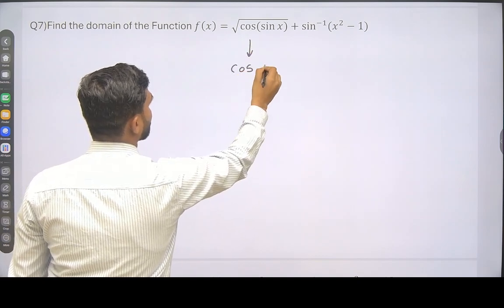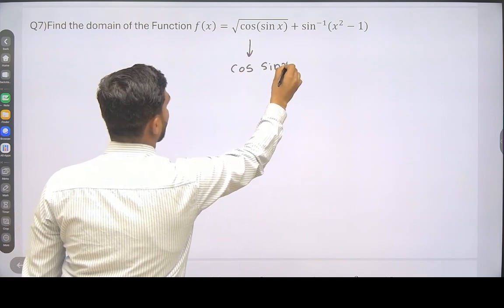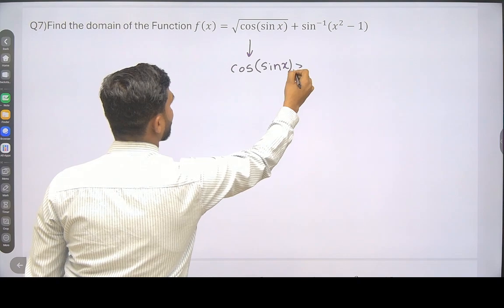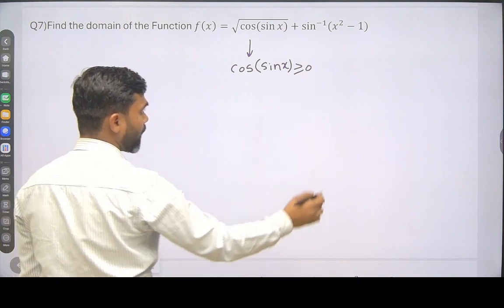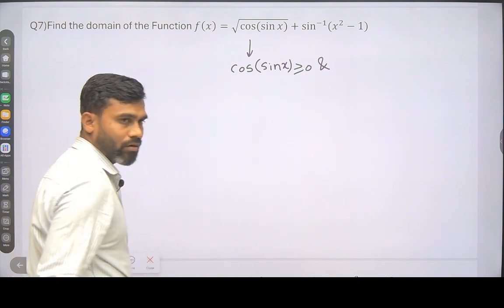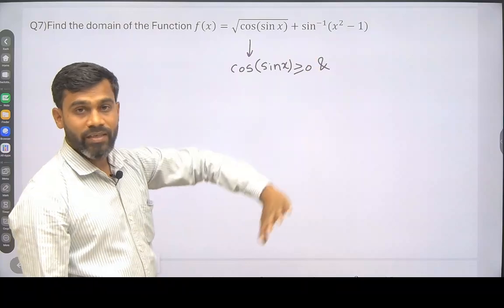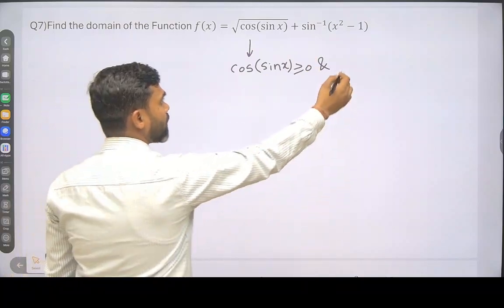cos sin x should be greater than or equal to 0. This is the first thing. And I mean to find the intersection part, so I have to write "and", right? And here